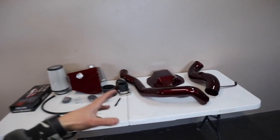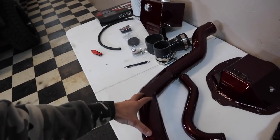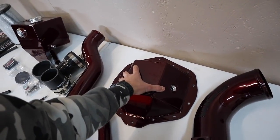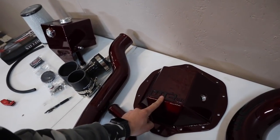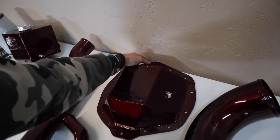So I actually wanted to go with a relatively common setup from Jason, which is the driver's side intercooler pipe, the intake, the coolant system, and of course, their differential cover, which I've never put on any one of my trucks, but I am really excited to get this one installed on this truck. It's gonna look great. So if we just go ahead and pick this big old girl up here right now,